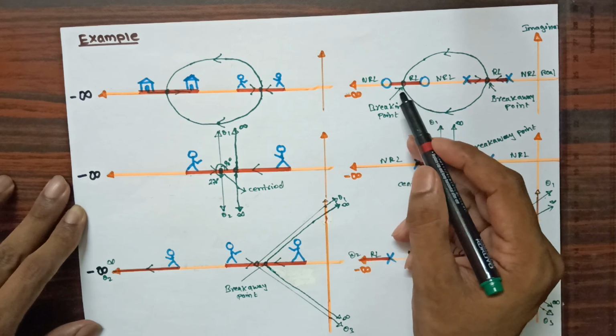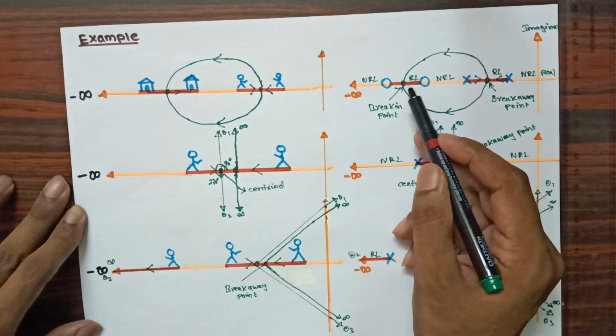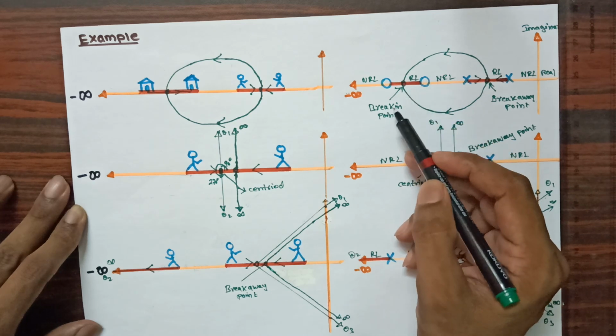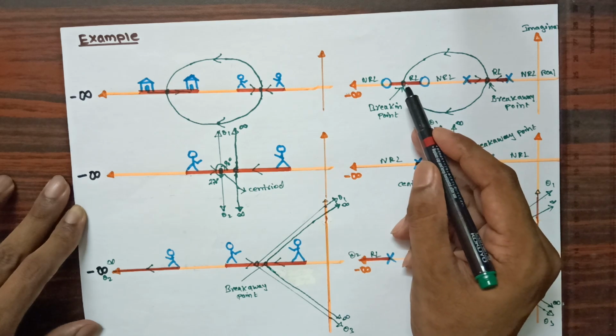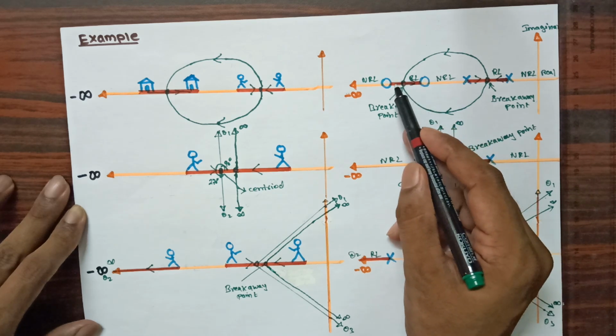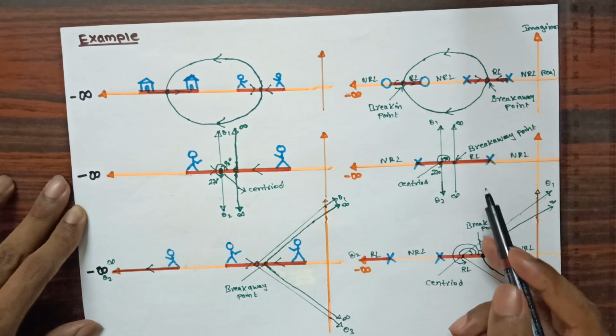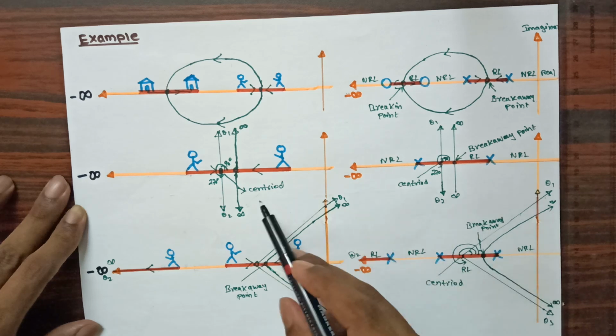The point where they meet, we call a break-in point. When zeros are adjacently placed and poles are meeting at one common point as they come in, such a common point we call a break-in point. Then after reaching here, one pole is going to end at this zero, and the other pole is going to end at the other zero. Now the same way you can see the second example also.